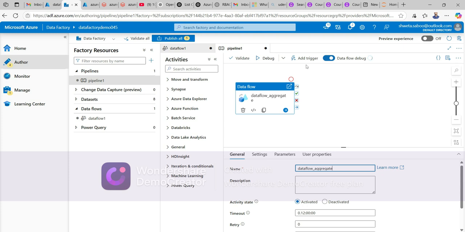As we go along, as I show you more and more transformations, I will show you how to create the trigger. There are different types of triggers as well, which is a very different concept. Manual triggering is there, schedule triggering is there, tumbling window trigger is there, and event-based trigger is also there. I will explain each trigger